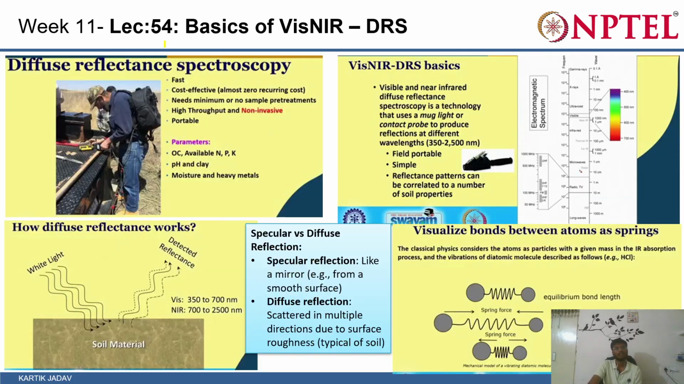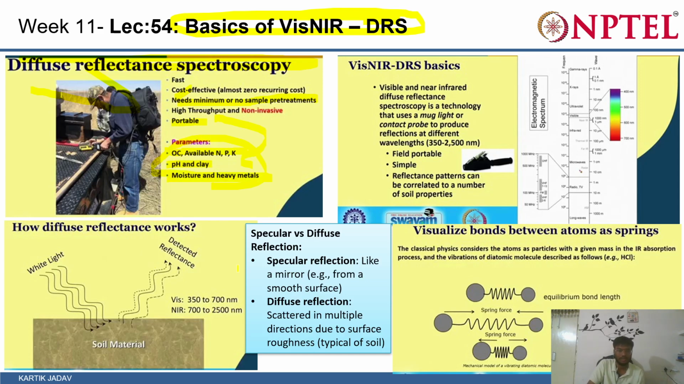And then in lecture number 54, we again talked about the basics of visible near-infrared DRS, that is diffuse reflectance spectroscopy. This technique is fast, cost-effective, and needs minimum or no sample pre-treatment. Also, it is high throughput, non-invasive, and portable in nature. It helps us to estimate parameters such as organic carbon, available nitrogen, phosphorus and potassium, pH, clay, moisture, and heavy metal content in our soil using